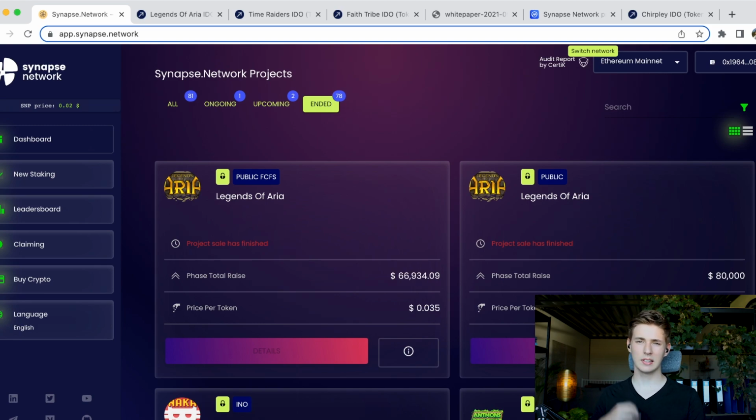So it's definitely not the type of raises that, let's say, Seedify or DAOmaker will do. Their raises are smaller, more along the lines of a Communitas raise. So that is also important to note down.